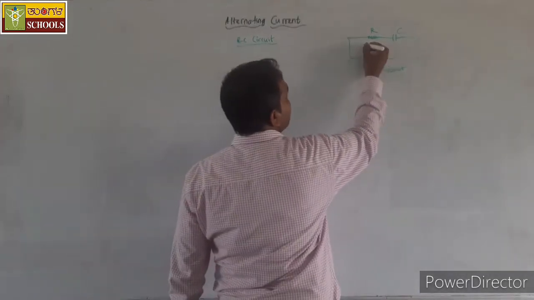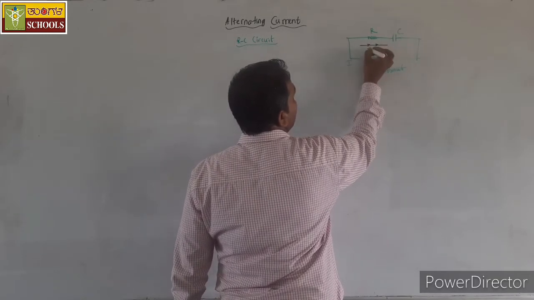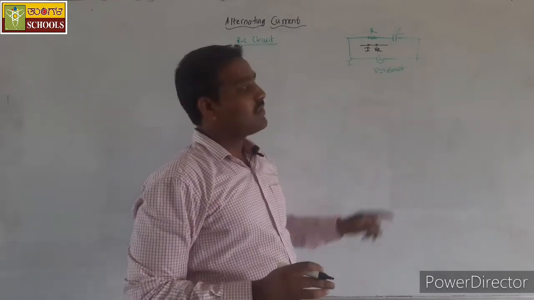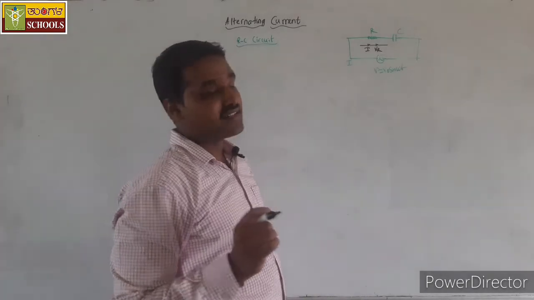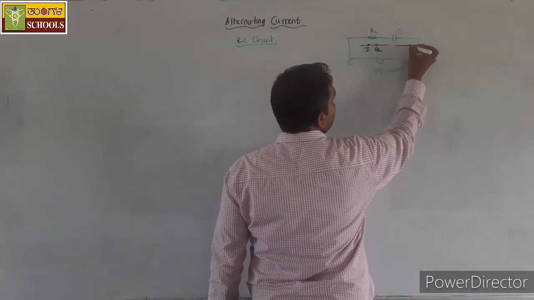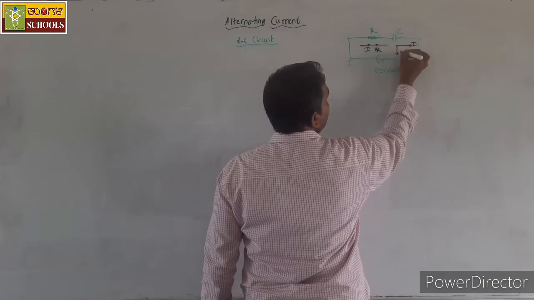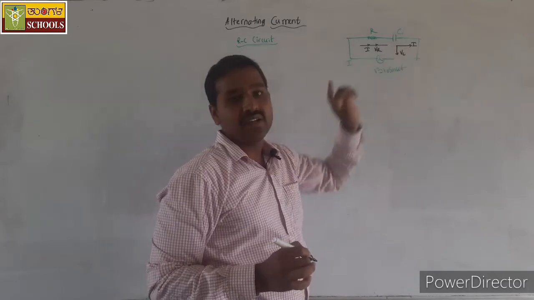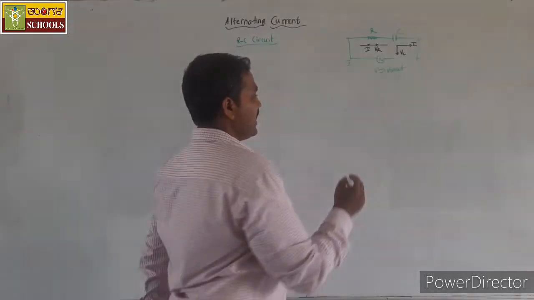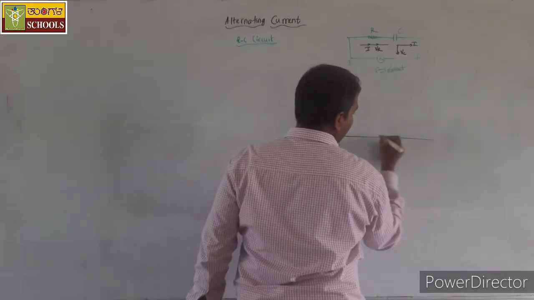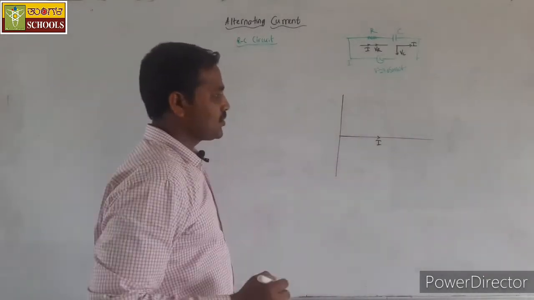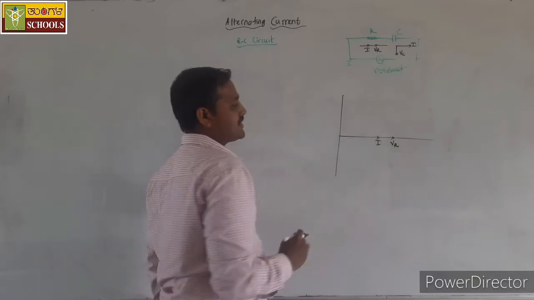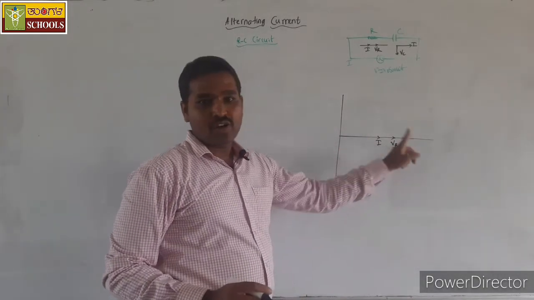For that, first we shall consider the current and voltage through the resistor, both are in phase, so I am showing it here. But in the capacitor, current leads the voltage by pi by 2 radians. So if current is along the positive x-axis, the voltage VC across the capacitor will be behind the current by pi by 2 radians, which I am showing here. Let us plot the phasor diagram here. Along the positive x-axis I will show the current, and hence the voltage across the resistor is also in phase with the current, which is also shown along the x-axis.